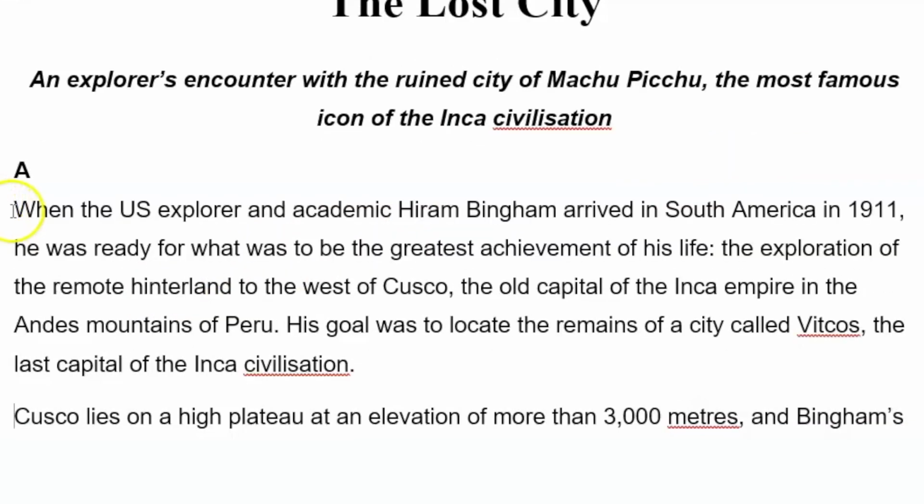Paragraph A. When the U.S. explorer and academic Hiram Bingham arrived in South America in 1911, he was ready for what was to be the great achievement of his life. The exploration of the remote hinterland to the west of Cusco, the old capital of the Inca Empire in the Andes Mountains of Peru. His goal was to locate the remains of a city called Vitcos, the last capital of